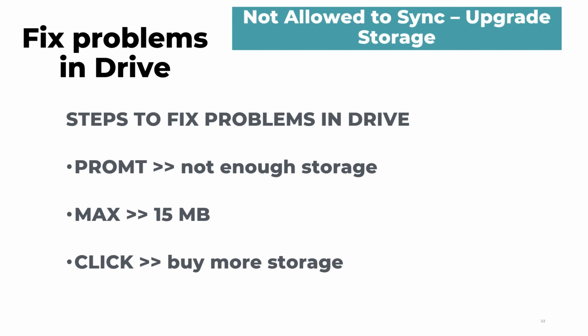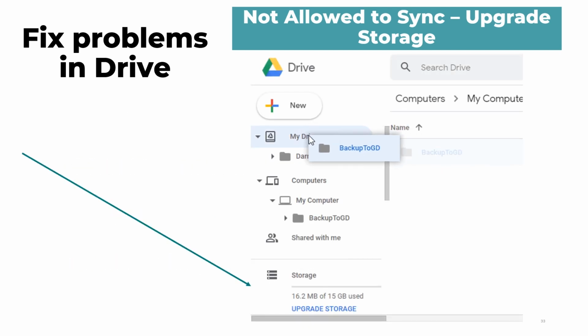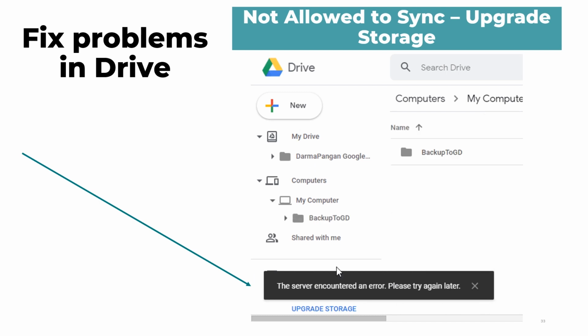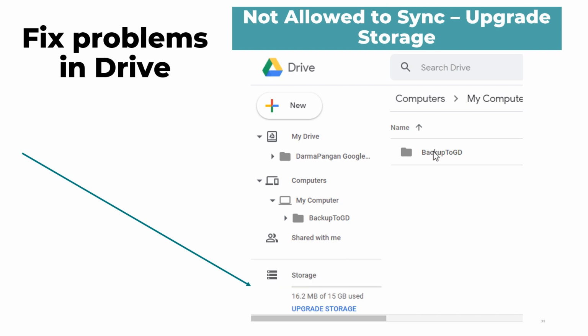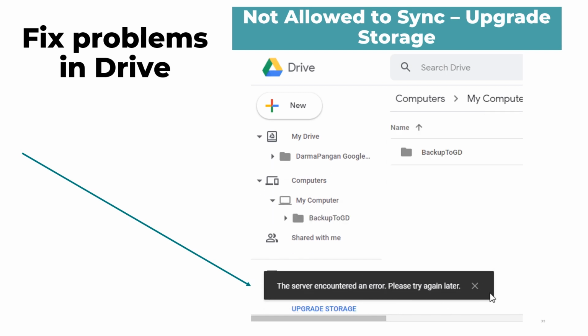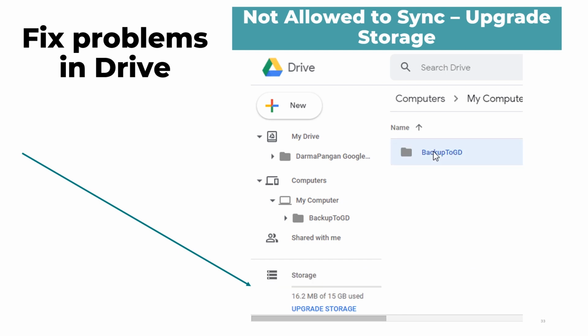How do you fix problems within Google Drive? Well, usually you'll get a prompt. If you get this prompt, not enough storage, realize that the maximum capacity for storage is 15 megabytes. You will have to click to buy more storage. We all love technology and it makes our lives easier until this starts to give us trouble. There are some problems that Google Drive may present. Luckily, there are several troubleshooting techniques that could be used, such as restarting. I know, restarting, it sounds so simple, but it works. Let's observe this GIF as a demo on a storage error.